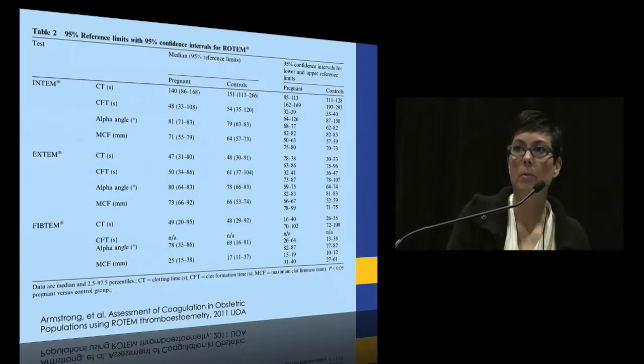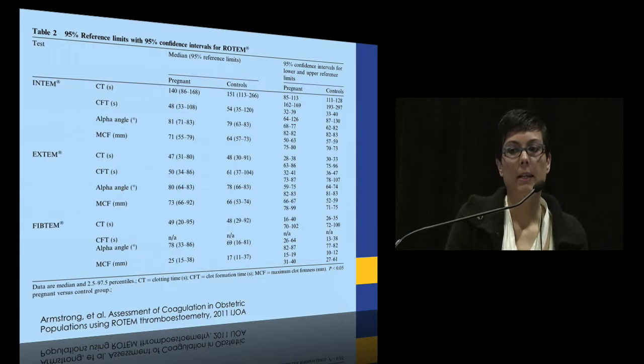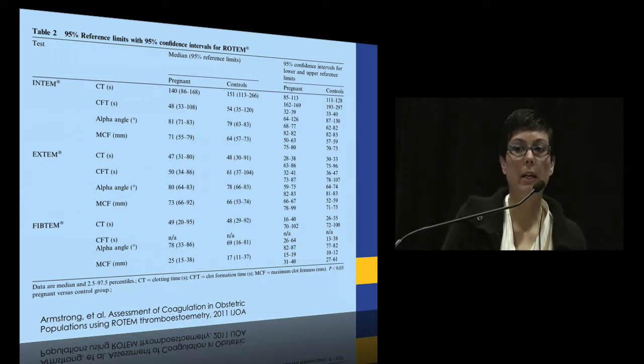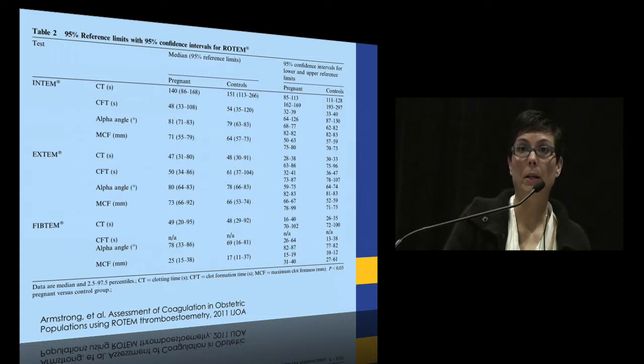So what does that mean for obstetrics? I have this diagram here to show you, and you may notice a couple of things. One, it's 2011, and it's basically a study that's just looking at normal values between non-pregnant controls and pregnant women. So where we are right now is we're just figuring out what normal values we should expect in the ROTEM whole blood evaluation for pregnant women